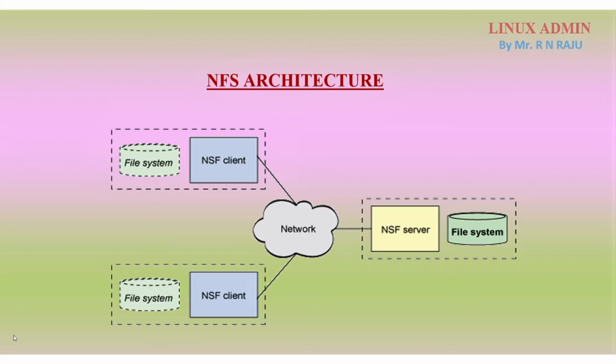Then what is the architecture of NFS? Here is the NFS architecture. See this, my server file system is here, the NFS server, and the backend is the NFS file system. If you want to share anything through the network, keep your resources on a centralized NFS server, and those resources are shared over the network to your clients. So who are the clients? NFS clients, but clients should be from the Unix family only. Because NFS shares only in a homogeneous environment, Unix to Unix, Linux to Linux only. So overall NFS works in the Unix family only.